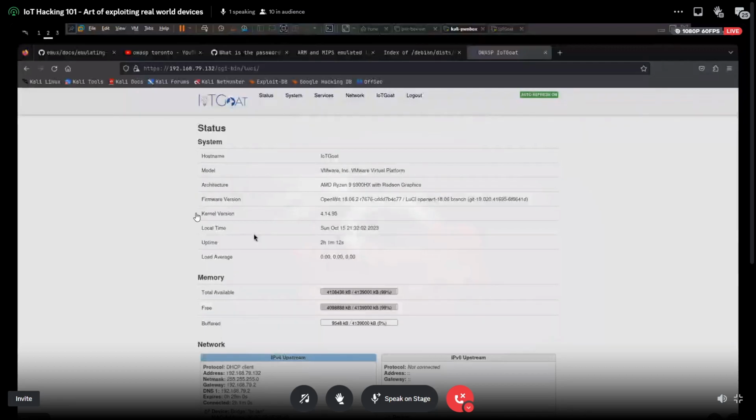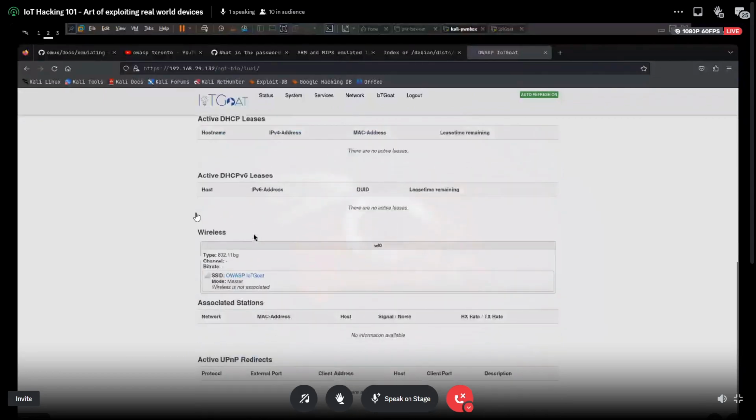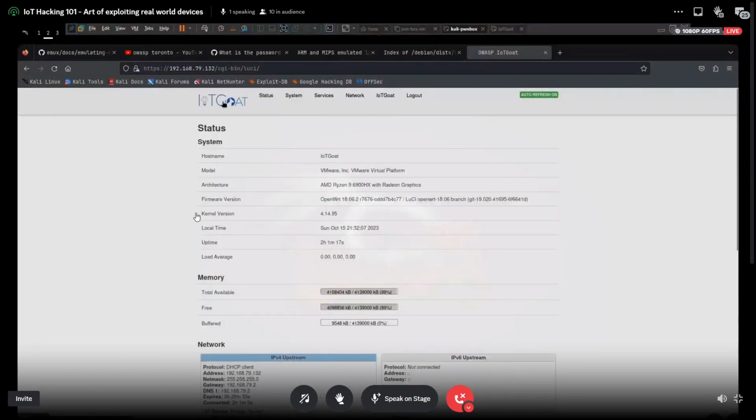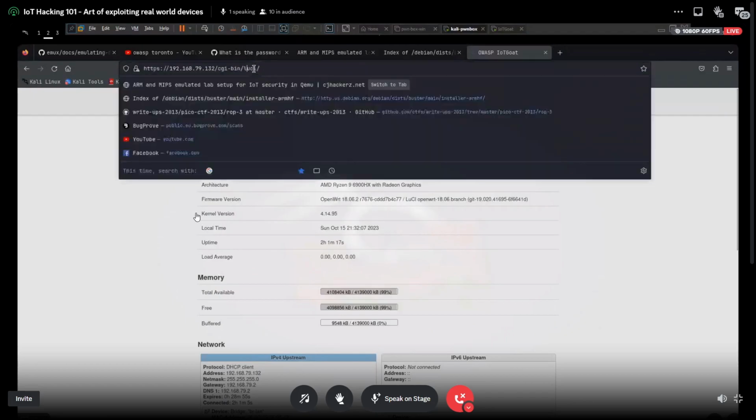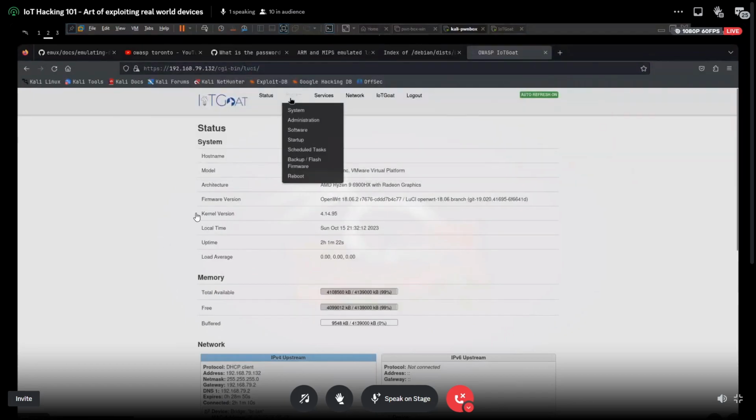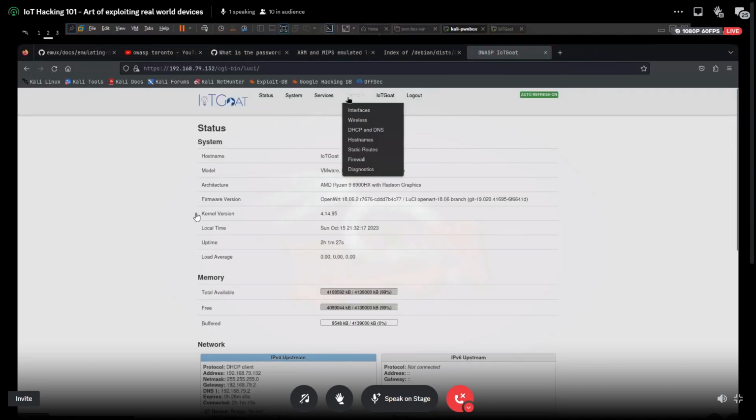And OpenWRT contains this thing called the LuCI web framework, which is created in Lua. It's mainly responsible for the Lua scripting and all other stuff. LuCI is packaged under OpenWRT, and they maintain all the other stuff.